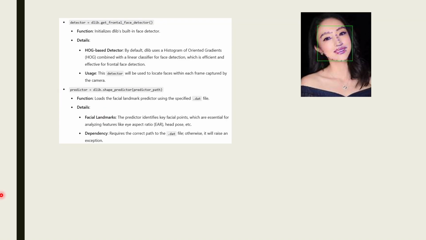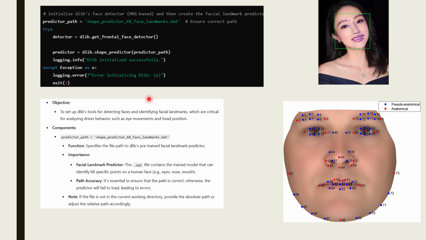This detector function initializes the built-in face detector, which is a HOG-based detector. Now what this predictor does is it loads the facial landmark predictor using the specific .dat file. So it will detect the landmarks on the face of each frame,